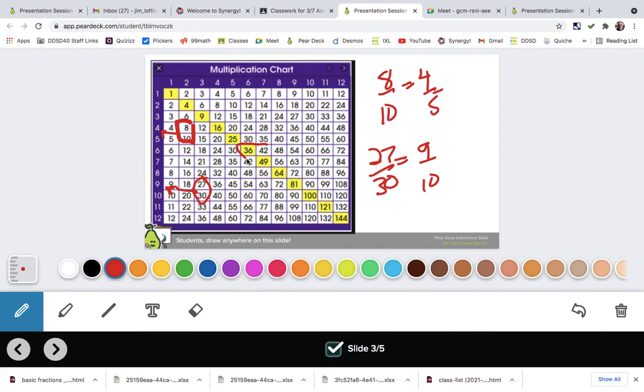It works going this direction as well. 36/42. We go straight up, and we see 6/7. So we can use a multiplication table basically as a simplifying tool. And next,